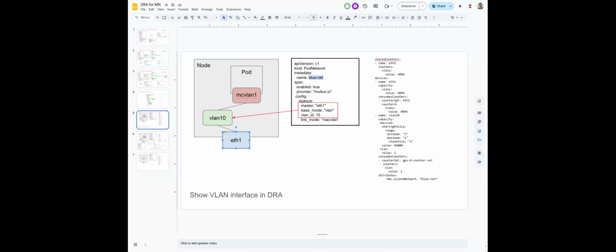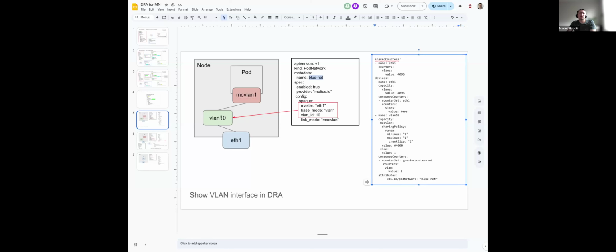Last week we talked about VLAN 10, if we were to have it as a resource, and then we provide the capacity to this, where I can have, let's say, the 64K value, and the minimum value and maximum value that I can pull out of that capacity is 1. And this is for MAC-VLAN capacity, where how many MAC-VLANs I can have on top of VLAN 10, right? This is for that. But the problem with this approach is that